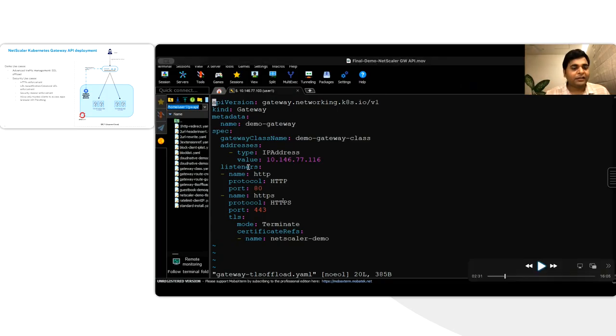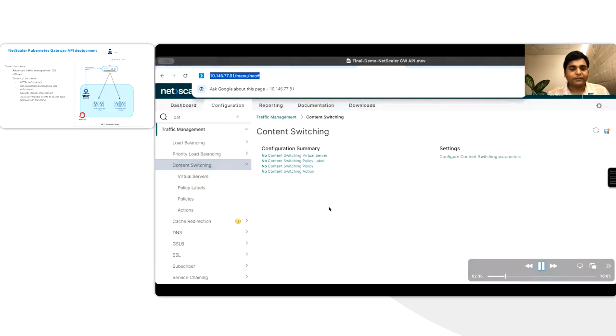In the listener section, as I was mentioning, if you have multiple protocols, HTTP, HTTPS, to be allowed for load balancing or allowing the traffic for your application, you can list them down. If you don't want HTTP, just remove this section and keep HTTPS. And if you have HTTPS, then the TLS section is mandatory, where the certificate name, which is the SSL certificate NetScaler-demo, coming from the OpenShift cluster as a secret, will be pushed from the OpenShift cluster by our controller to the NetScaler. So let's see, once we proceed, how it happens.